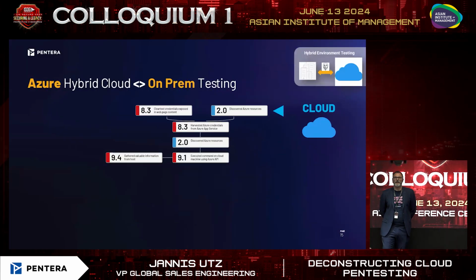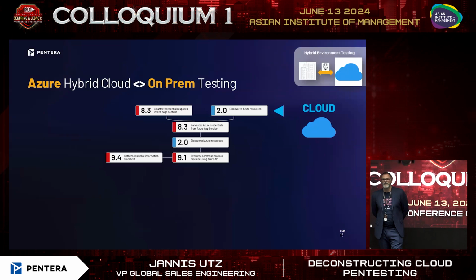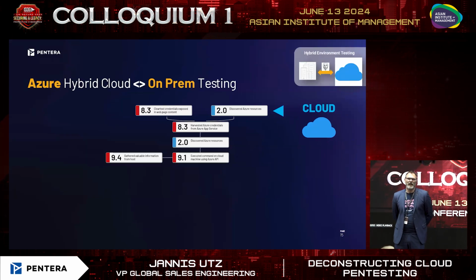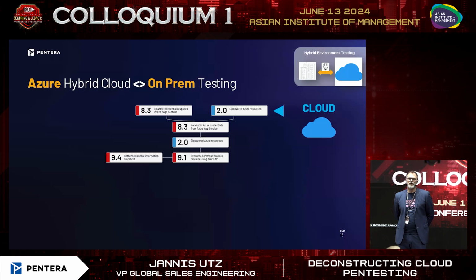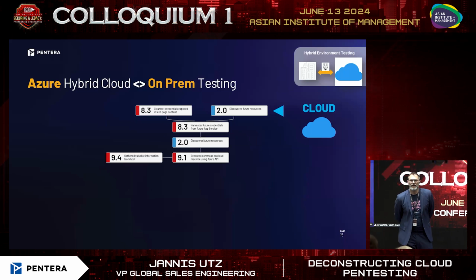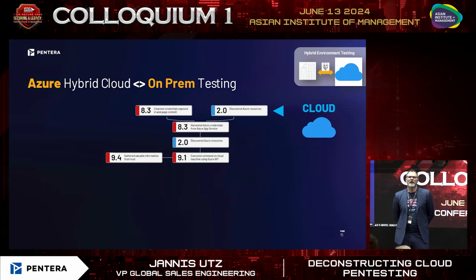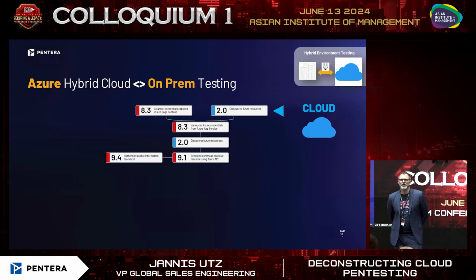Last one, hybrid, meaning cloud and on-prem. We start with a credential that is exposed on a web page, like an API key, for example. This is a classic example that we find often in customer environments. So this is being tested. We discover the corresponding Azure credentials. And